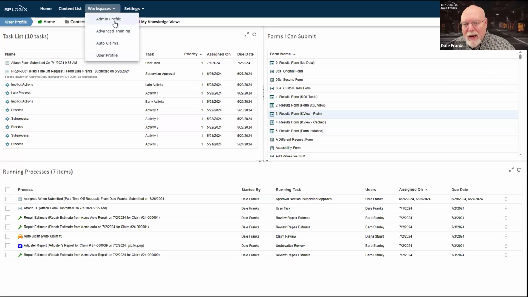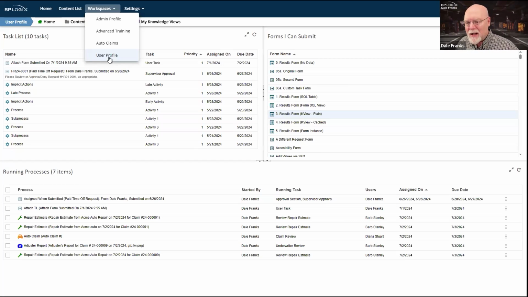You want to keep this drop-down list for each individual user as small as is necessary. It gets super confusing to the end user when I open up Process Director and I go look at my workspaces, and if I had 30 items in this menu, that'd be kind of tedious because I would constantly have to be switching off from one workspace to another. So again, that is another interest that you have to balance. What is the most efficient collection of workspaces that I can provide to my end user?